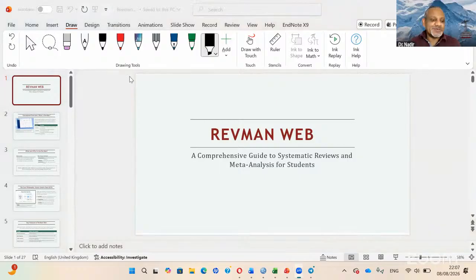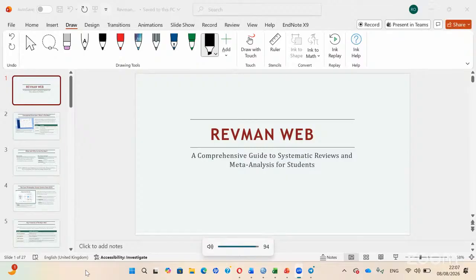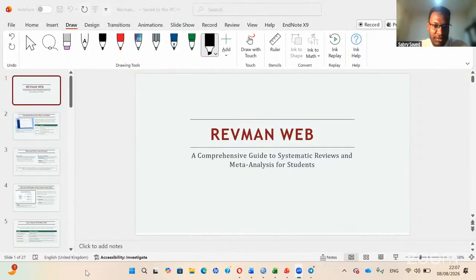Thank you so much, Dr. Roa. This is also an excellent presentation and demonstration of how we can use RevMan. Thank you very much, Dr. Roa, for the presentation, for getting us familiar with the RevMan tool for systematic review and meta-analysis. Hopefully, inshallah, we will have some ideas to work on as hands-on practice.